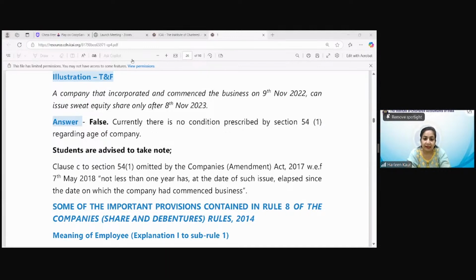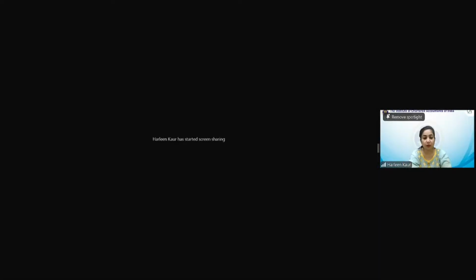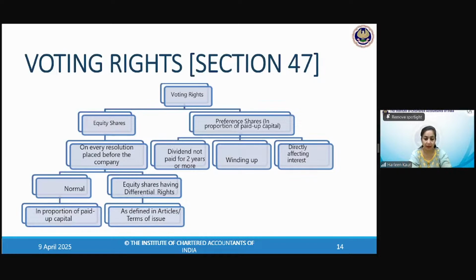Jandra is saying that, ma'am, shares of that class must already have been issued, meaning equity shares. Yes, absolutely correct. That particular category of equity share should already have been issued. Only with respect to that, similar sweat equity shares can be issued. Clear for everyone? And children, one humble request to all of you: once you're done thoroughly with the chapter, try doing all your descriptive questions also, which are given at the back.